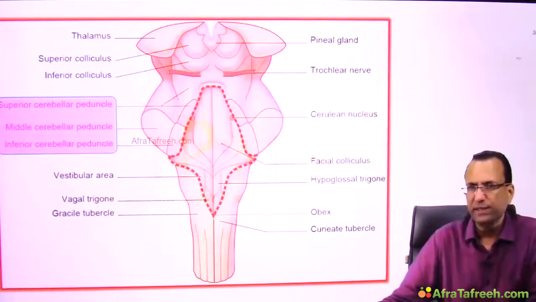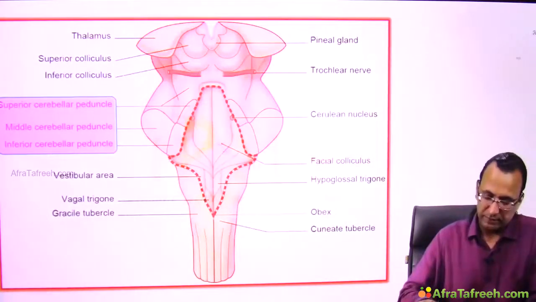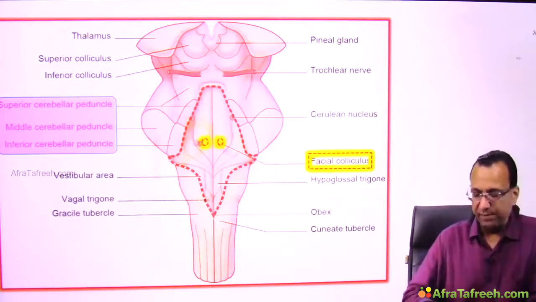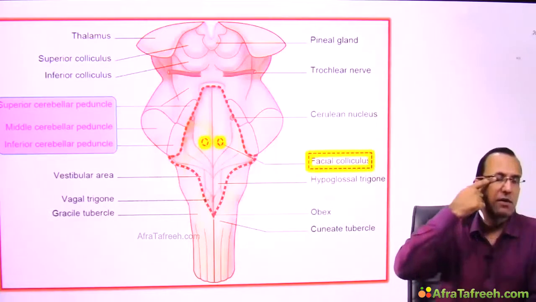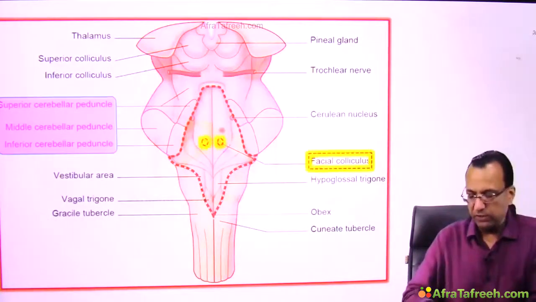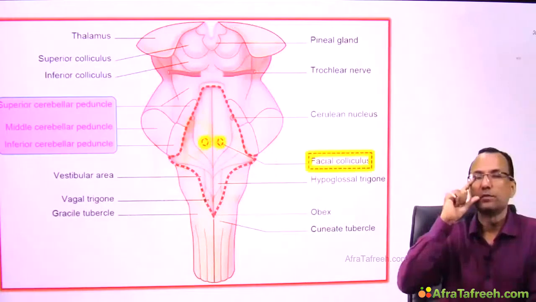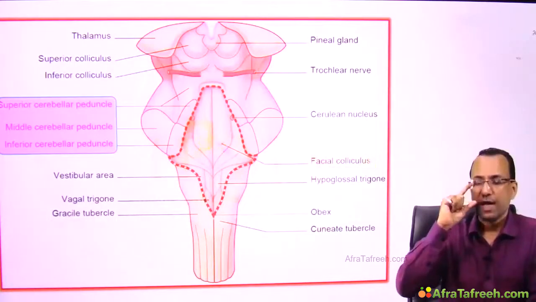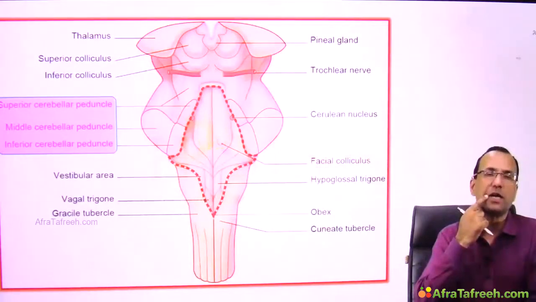What is the point? One question came, and an explanation was given. If the facial colliculus is damaged, which muscle is compromised? Is it the risorius supplied by the facial nerve, or is it the lateral rectus supplied by the abducent nerve? What is the question? Injury to the facial colliculus, which muscle is compromised? Risorius or lateral rectus? Actually both. Both are compromised. But if you want to have one answer, then the first answer is risorius and the second answer is